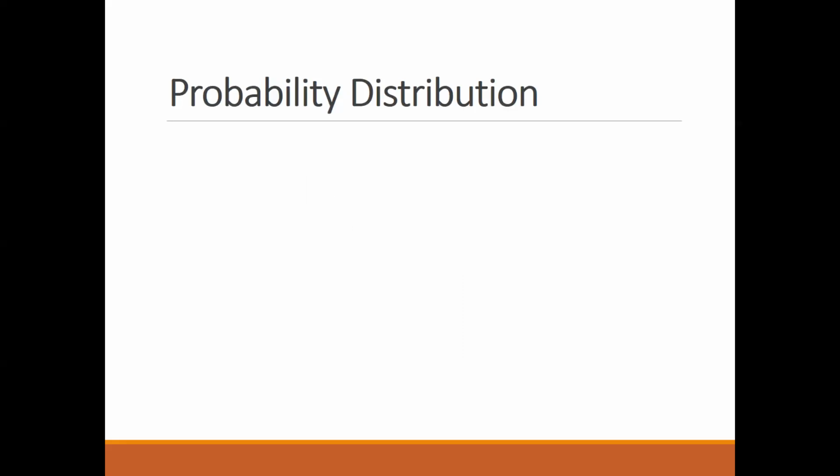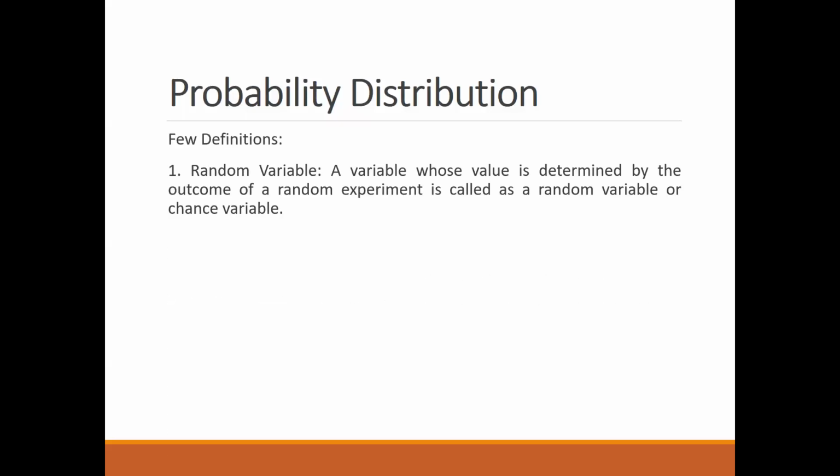Now, the first keyword is a random variable. Okay. What is a random variable here? A variable whose value is determined by the outcome of a random experiment. Simply take an example of any experiment, like tossing of a coin is an experiment. So whether we are going to get head or tail, it indicates that it's a random variable. Right? So this definition is very simple. This is one of the definitions. In the problems, they might ask you something where such keywords are given to you. And if you do not know the meaning of that, it will be difficult for you to solve the problem.